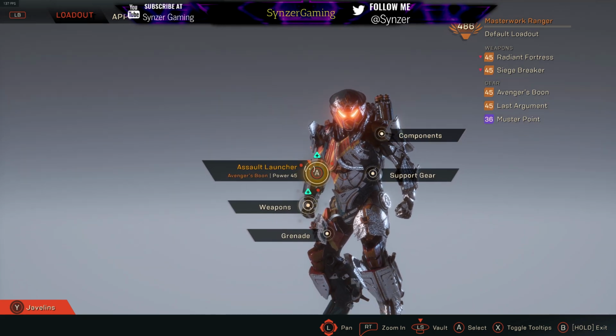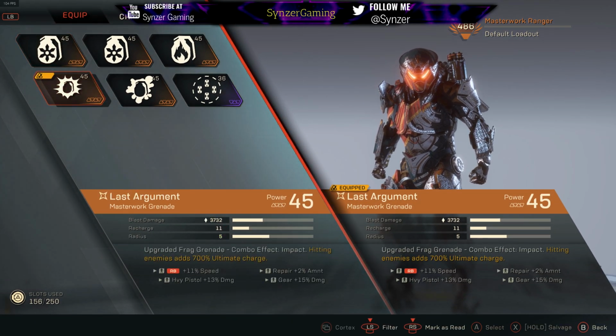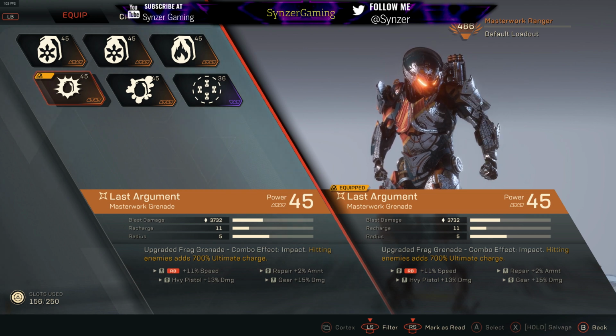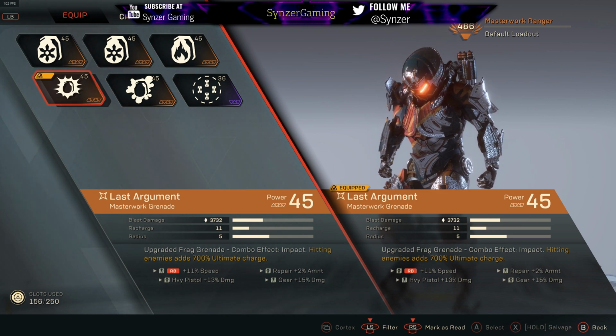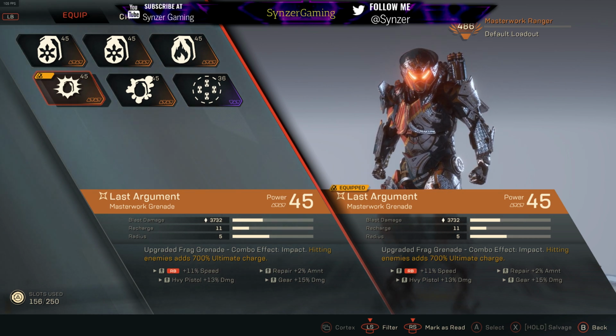So first, let me go over the abilities. The grenade is one of the most important ones. The last argument is what you want to shoot for the grenade. What this does is a frag grenade that, when you hit enemies, adds 700% ultimate charge. So you get a lot of ultimate every time you hit enemies. And I think it increases based on the enemies you hit, but I'm not entirely sure. I'll need more testing for that. But it's also a combo, so you can combo with it, and Rangers' combos do high single target damage, so